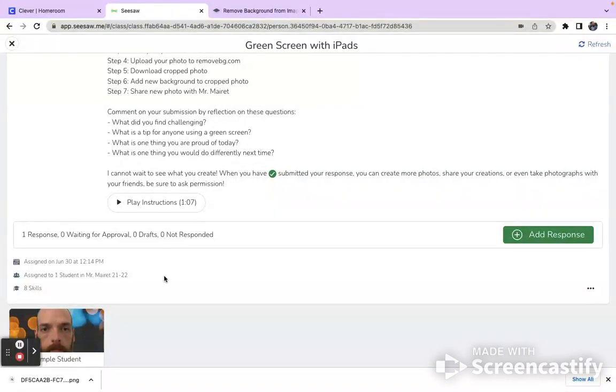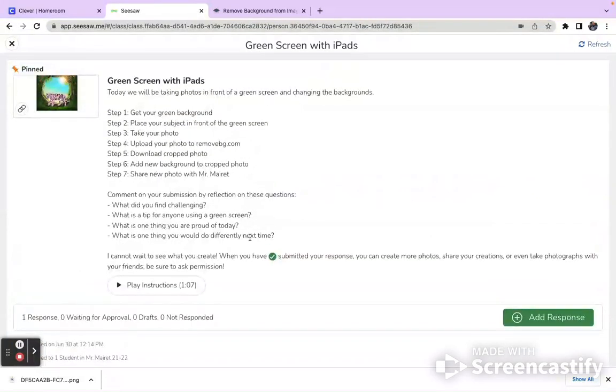And these also provide unique opportunities for one-on-one teaching as well as peer-to-peer teaching, because you can set up a lot of student experts, like kids that already know how to do this or that have picked it up really easily. They can also go around and help out students that might be struggling. So that is the demonstration of green screen with iPads, which is the technology integration